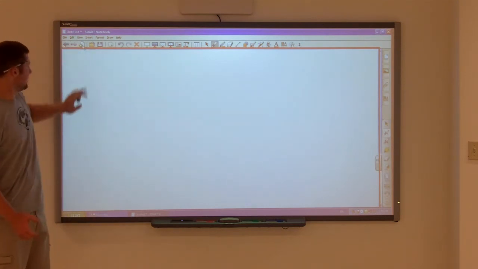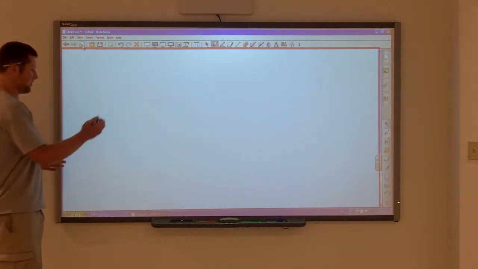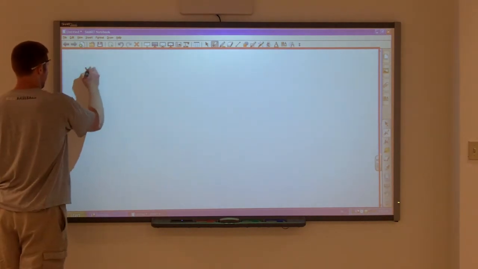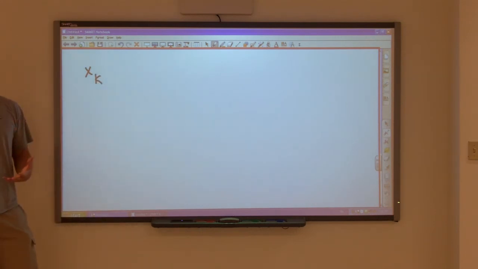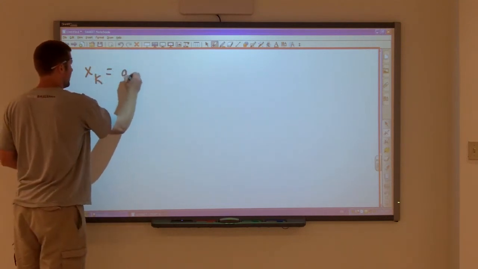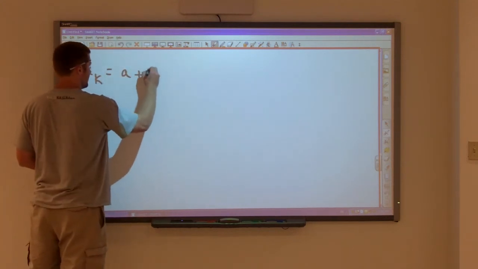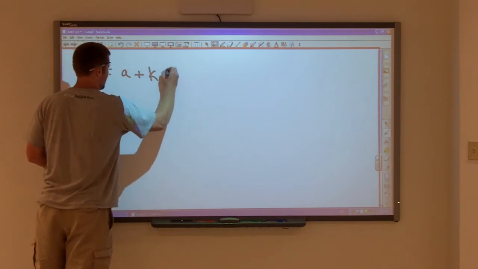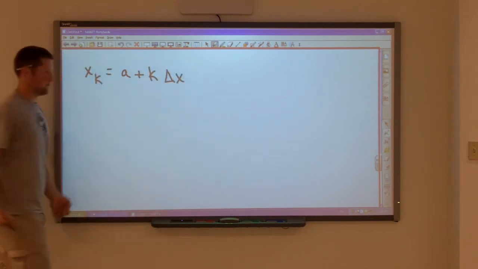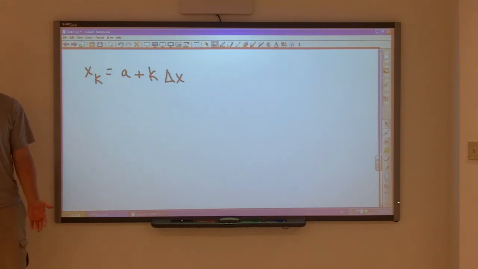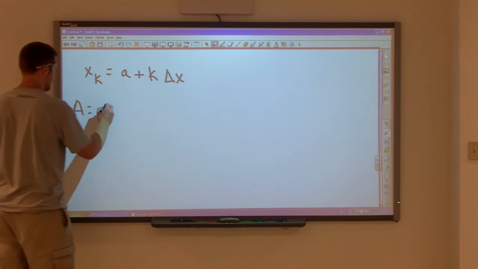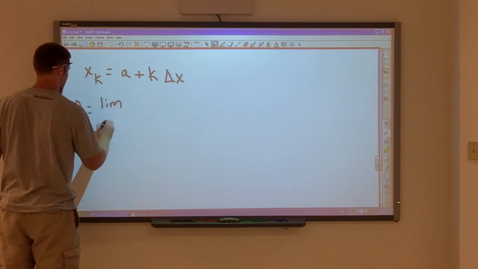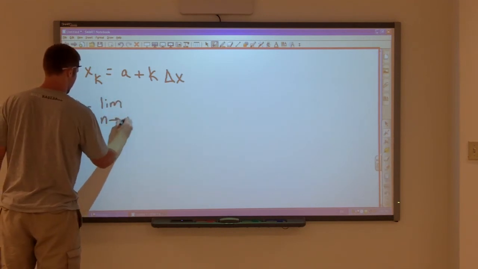So, notice that this term, x sub k, that's the x you choose for a given rectangle. All this equals is going to be our starting point of the interval, a, plus a constant times our delta x. So that will let us rewrite our sum in a different form. We can now write that the area equals the limit as n goes to infinity